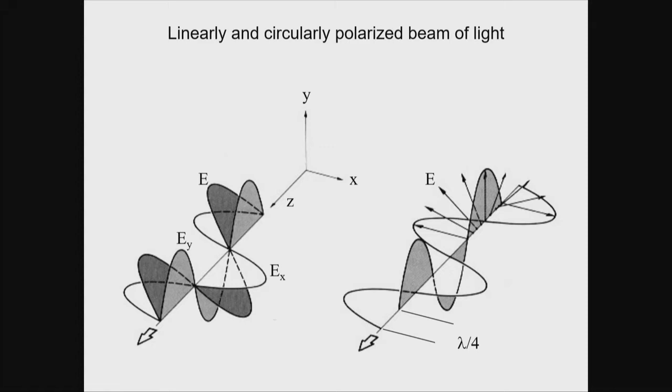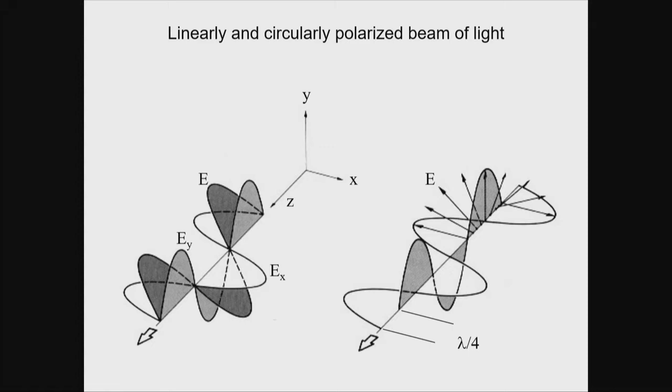In this case, let's say in a plane in the xy direction, and the electric field is always perpendicular to the propagation axis. It can be linearly polarized, so the electric field always stays in that plane, or it